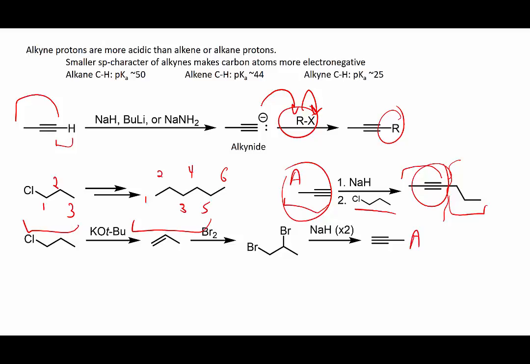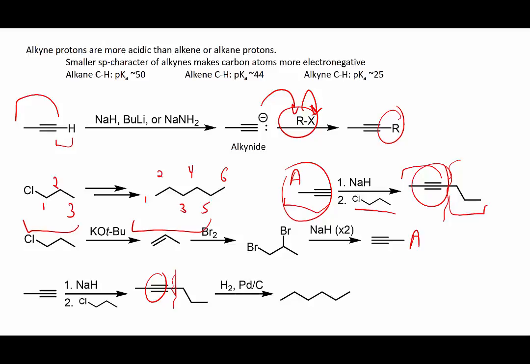Next, we will do this reaction that we talked about, where we add our alkyne with a strong base to deprotonate it. This will react in an SN2 fashion with an alkyl halide to generate a new carbon-carbon bond. Here's our new carbon-carbon bond right here. Finally, how do we get rid of this triple bond here? How do you reduce the triple bond? Well, you should know that catalytic hydrogenation will reduce an alkyne to an alkane. So we will just apply the catalytic hydrogenation conditions, hydrogen with palladium on carbon, and now we get our 6-carbon